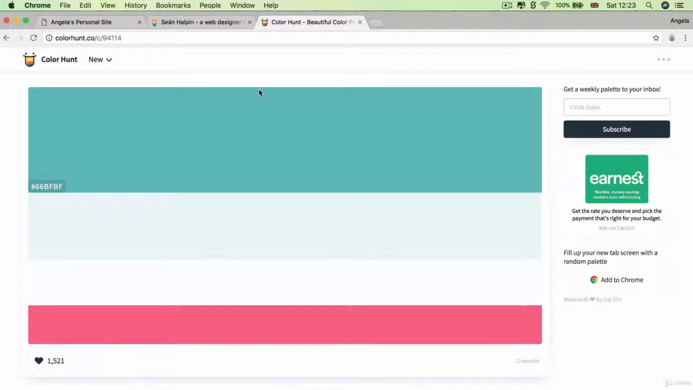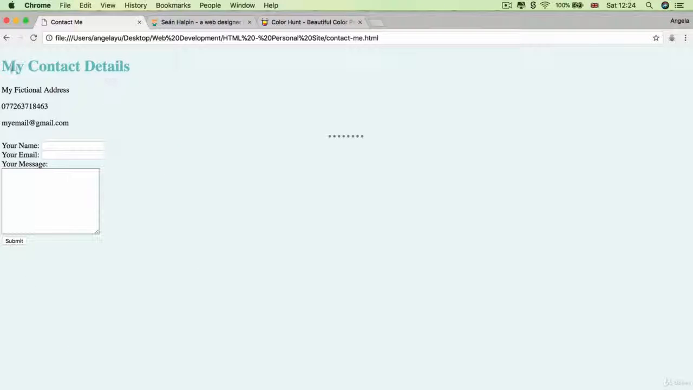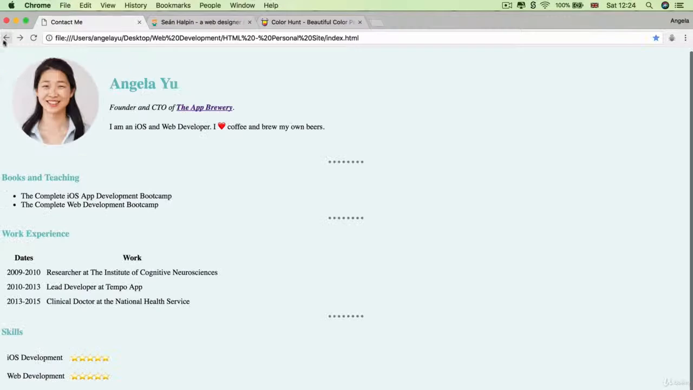And I want you to change its color property to this particular color that we had on Color Hunt, so 66BFBF. And by the end of it, you should end up with your site looking similar to this, where on all 3 pages, the H1s and the H3s are colored in